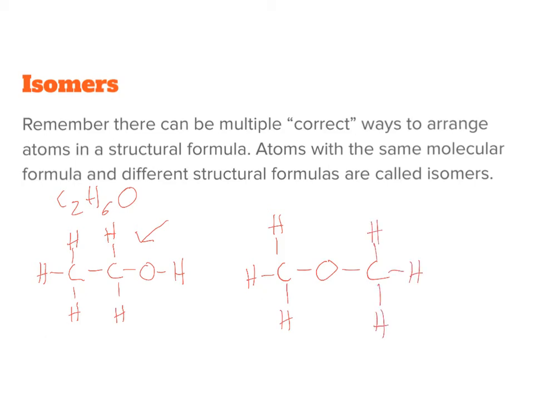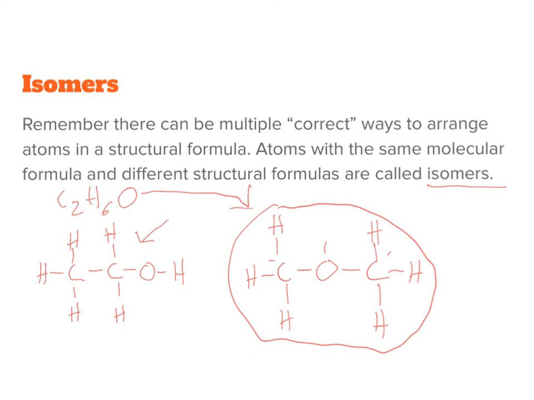And if I check, my oxygen's got 2 bonds, carbons each have 4 bonds, hydrogens each have 1 bond. That satisfies my rule. So this could be another alternate formula for that. So we call these molecules that have the same molecular formula but different structural formulas isomers. So for this kind of question, there's not always just one